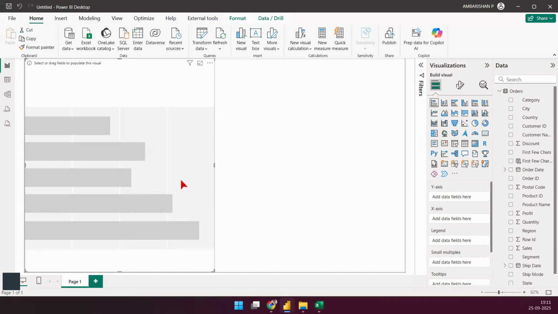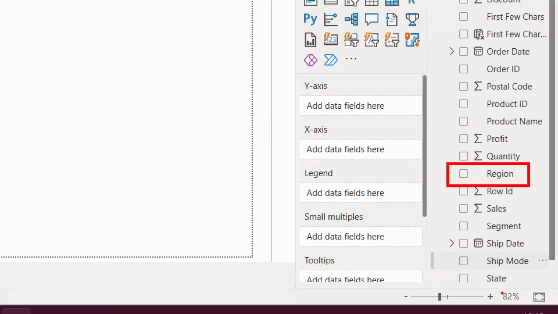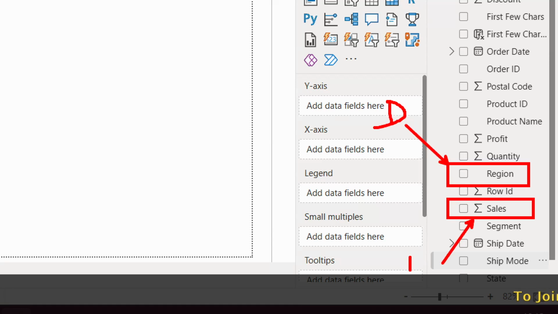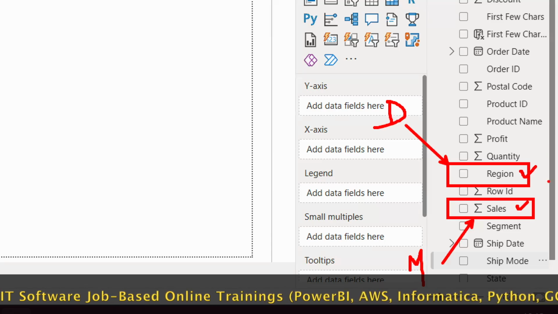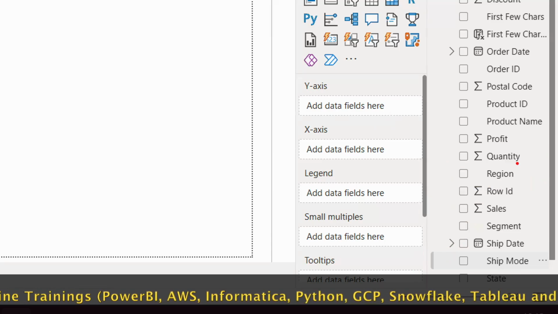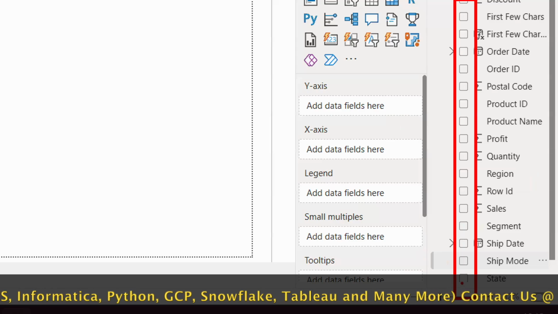You just use one descriptive field. We call it categorical information. And you use one number field. We have decided on a few fields. What were there? Let's see. We talked about region. We talked about state being the descriptive fields. Let's take region for this case. So one descriptive field. Very good. One field that is of some measurable values. We call this measures in Power BI. I'm just going to mark that. Okay, that's a number field that we just looked at. So let's take region and let's take sales. And for any beginner, what I want you to do is just check these boxes. Have a look.